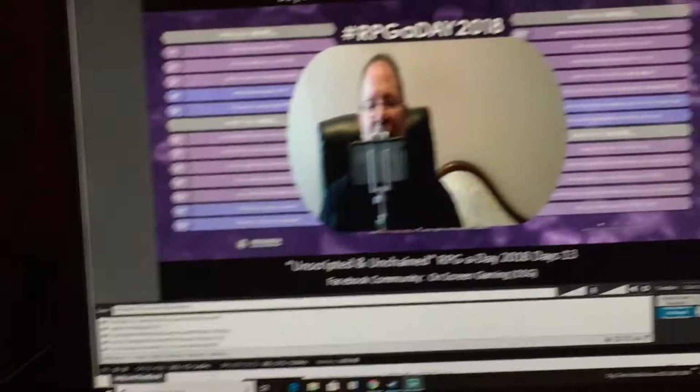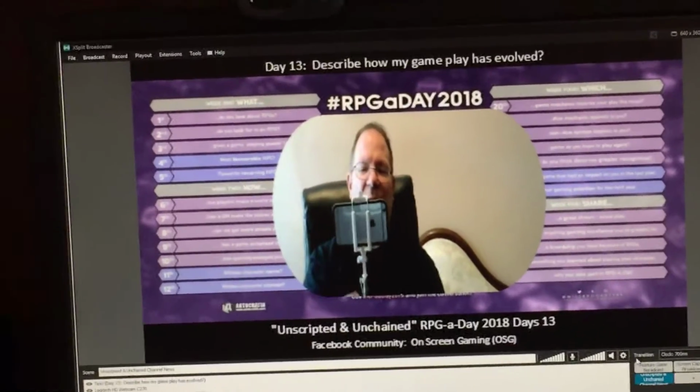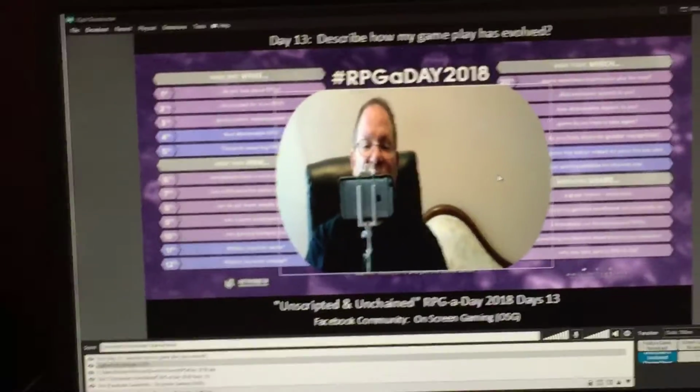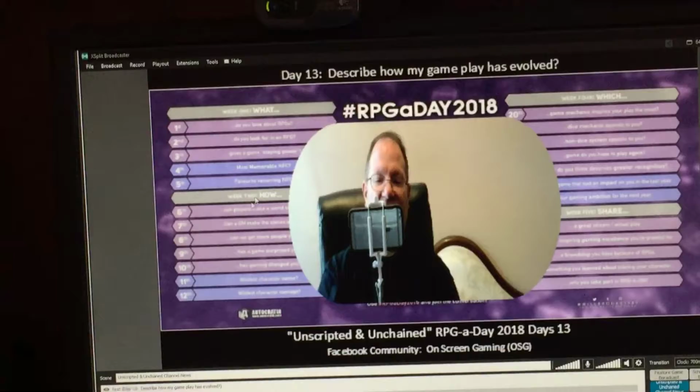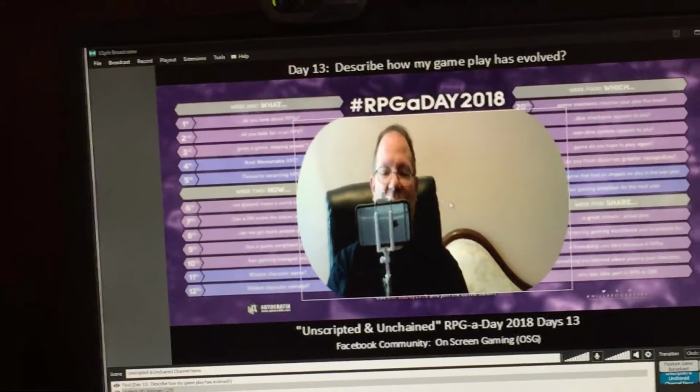And then the fourth panel. Like I said, you get 4 free panels, and you can see I have this one set up for the RPG a day. All I have to do is go in. I leave everything else. I leave the background graphic up there, that's all the purple and the RPG day